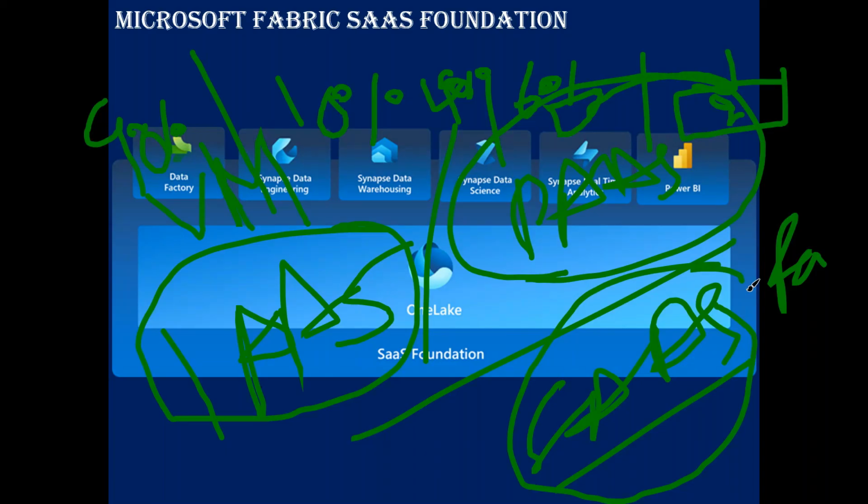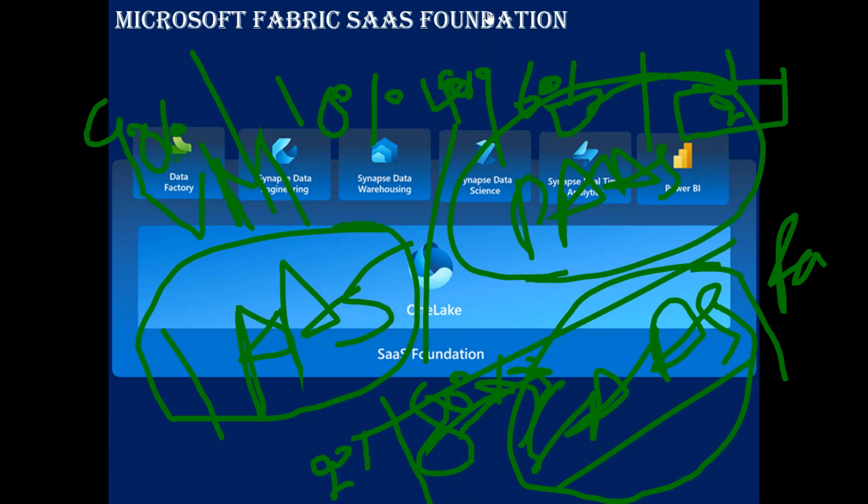When it comes to SaaS, you don't even ask, "Hey, I need this many computers." You will directly submit your code. How many computers the job has to run with will be decided by the cloud provider. So that's why here, 20% you need to manage, 80% will be managed by the cloud provider.